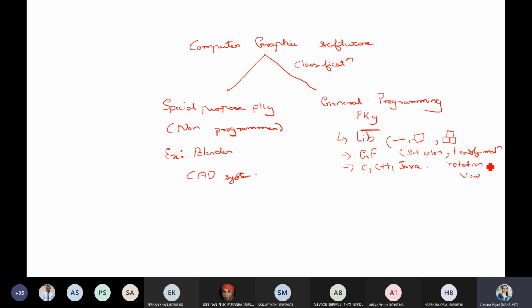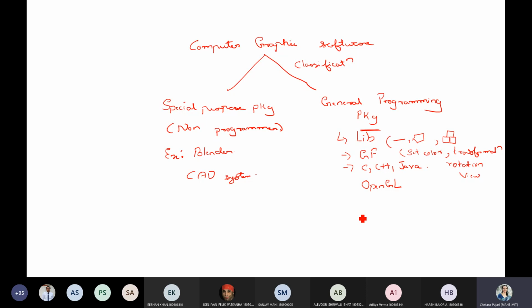You can change the orientation of your object. All these things can be done by making use of the functions which are already available in different packages. So the package which we are focusing on is OpenGL.